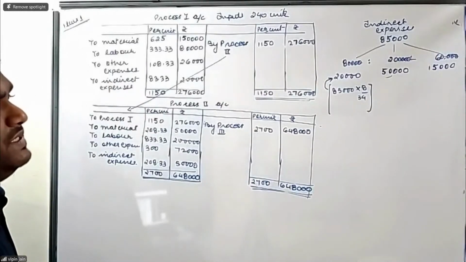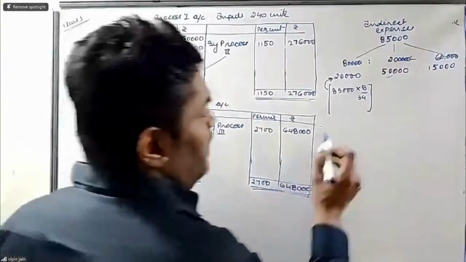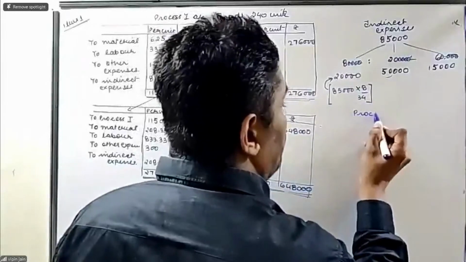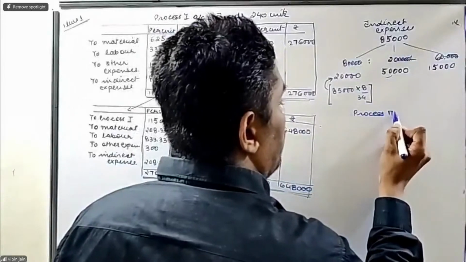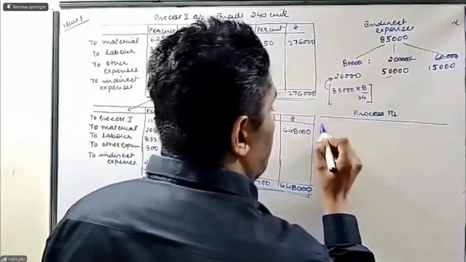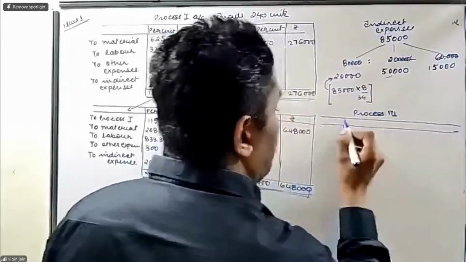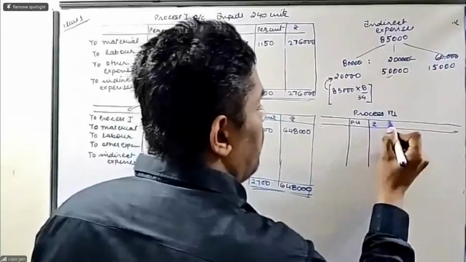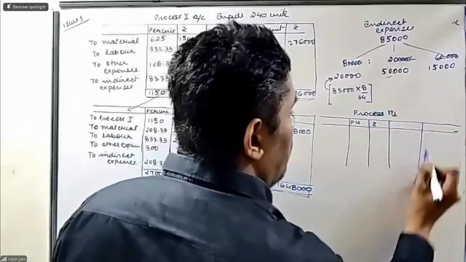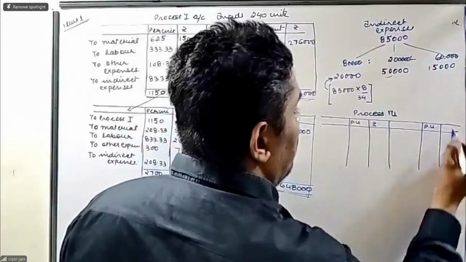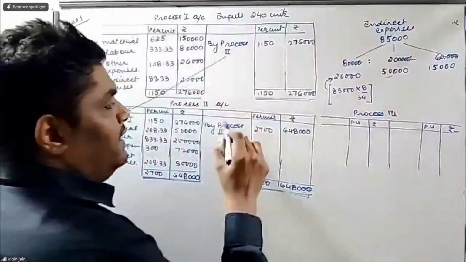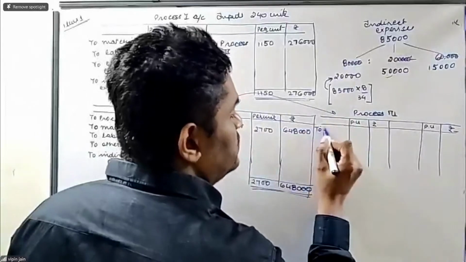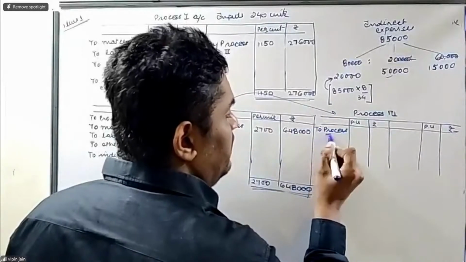So this is how process second account is to be prepared. And now we'll prepare process third account. Again, the output of process second is transferred to the next process, that is process third. So we'll write to process second